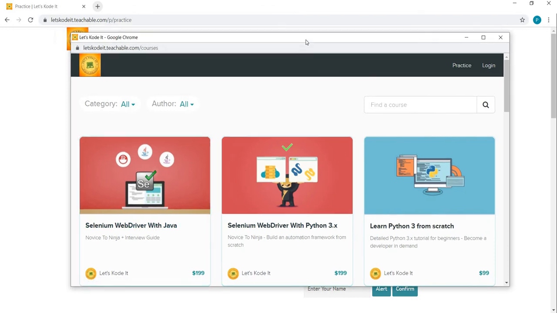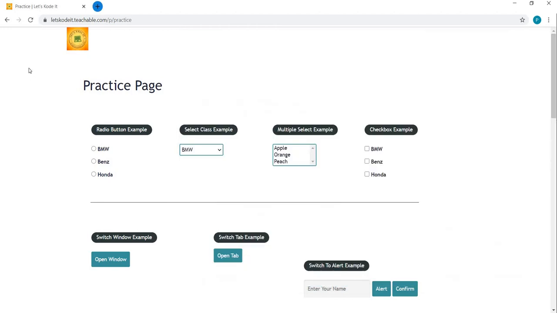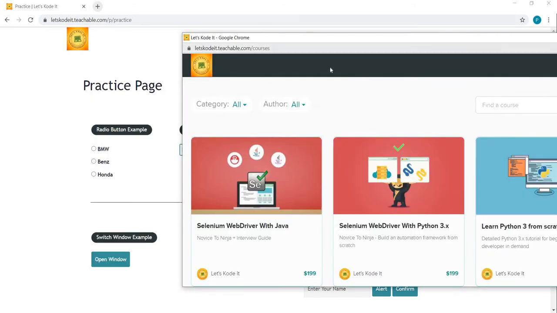Now you can see this is a different window which is open, and this is a different window. Our driver is currently working on this window which is at the back, this one, because it is currently holding the WND handle of this window. Now as soon as this new window opens up, the operating system sets a WND handle, again unique, to this window. Now if we want our driver to work on this window, we need to pass the WND handle of this window to the driver. Whatever WND handle the driver possesses, the driver works on that window.